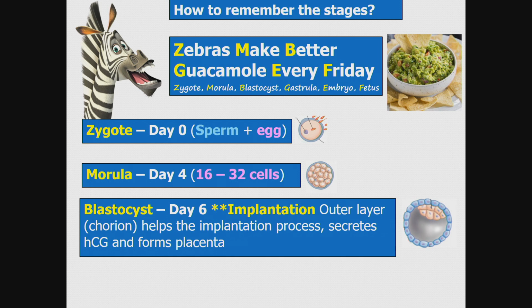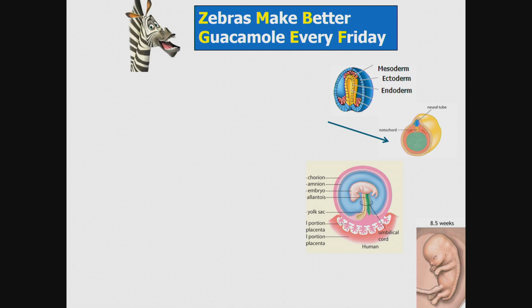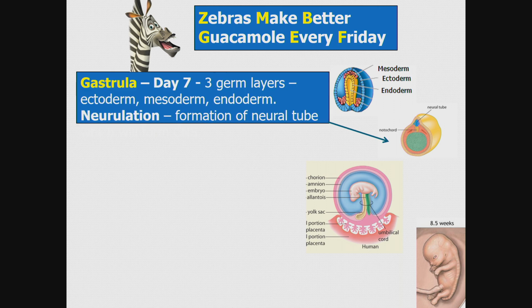The outer layer, the chorion, helps the implantation process, secretes HCG, and forms the placenta. The next stage is the gastrula stage, when the germ layers form. The 3 germ layers are the ectoderm, mesoderm, and endoderm. Also during this stage, neurulation happens, the formation of a neural tube, which will become the brain and the spinal